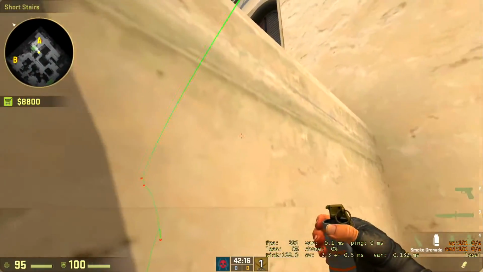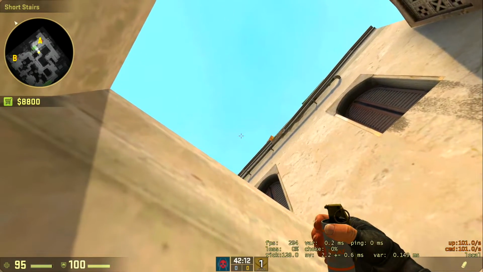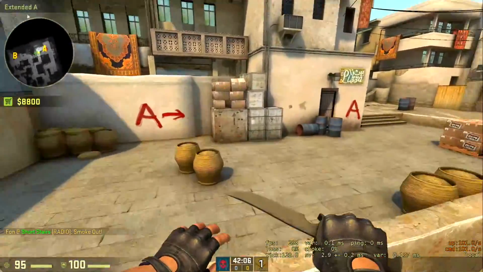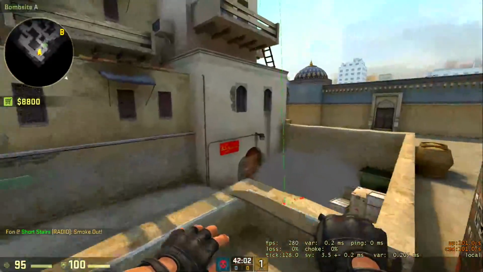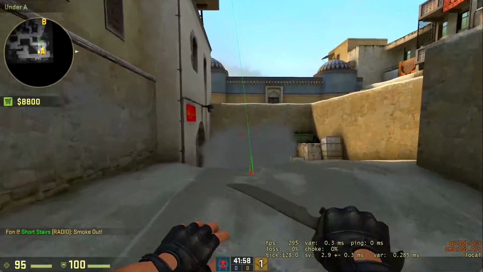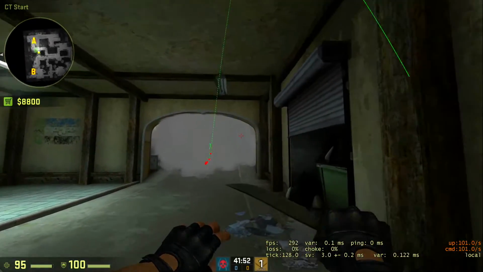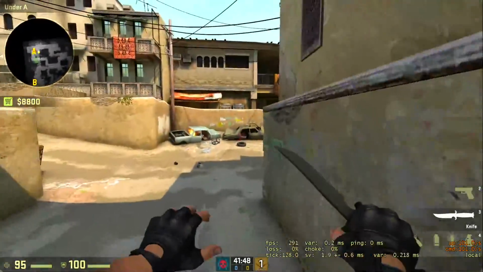If you want to throw one on cat, do this lineup. I'm using the top of my grenade pen. I'm just aiming it up in the air. Anyways, there's no gap. It's beautiful. Can't see through it. It's awesome. You can see right there, maybe. I don't know. Nah, you can't. Anyways,